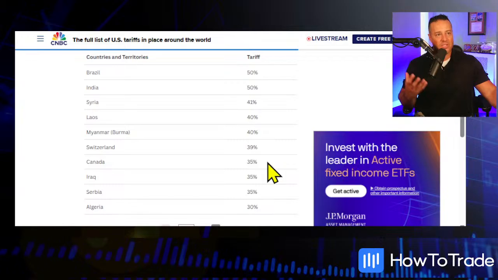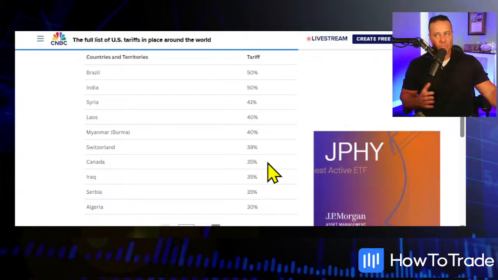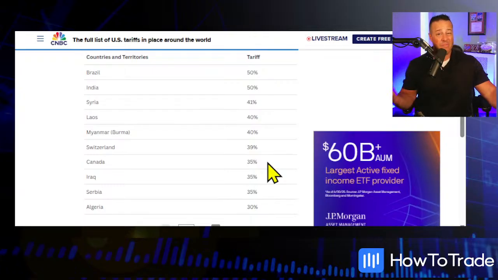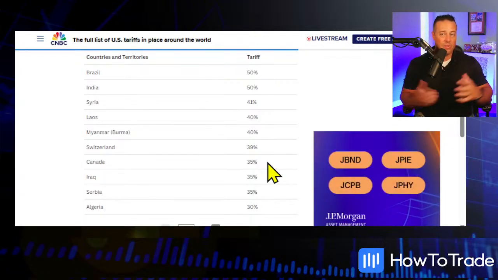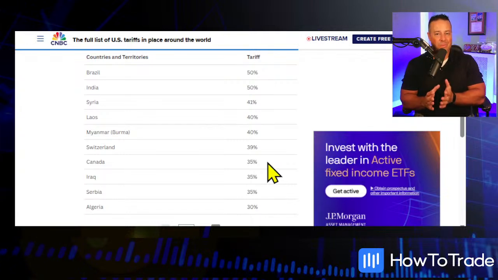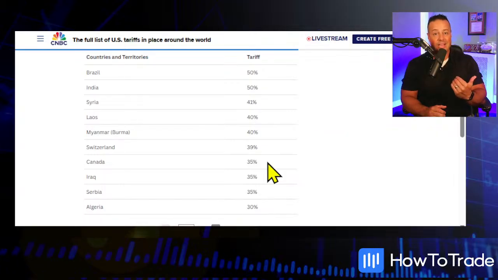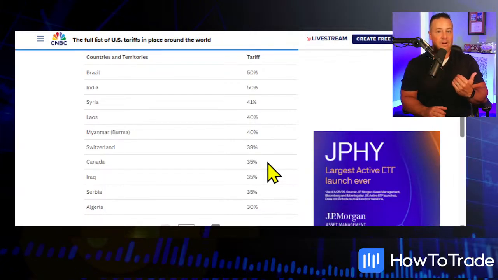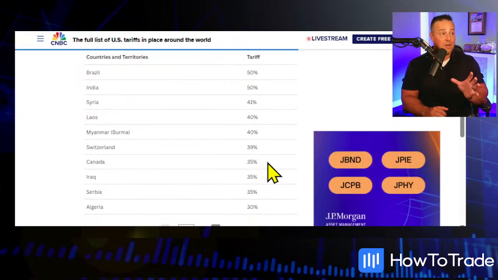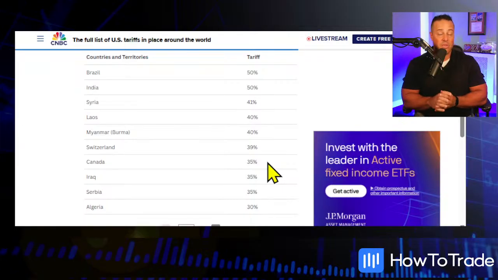Canada's another one that's going to really be problematic in a lot of ways. The U.S. construction industry depends on a lot of timber from Canada, so that's going to be one of those deals where there's going to be motivation on both sides to get that deal done. Also, oil exports from Canada to the United States, about 90% of natural gas and oil exports go to the United States from Canada, and that may be changing. But for right now, that's absolutely huge.